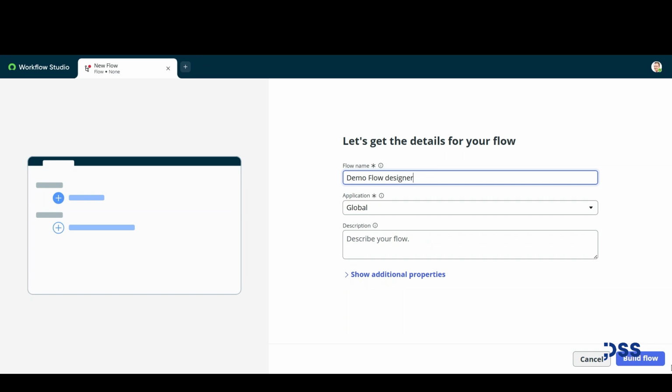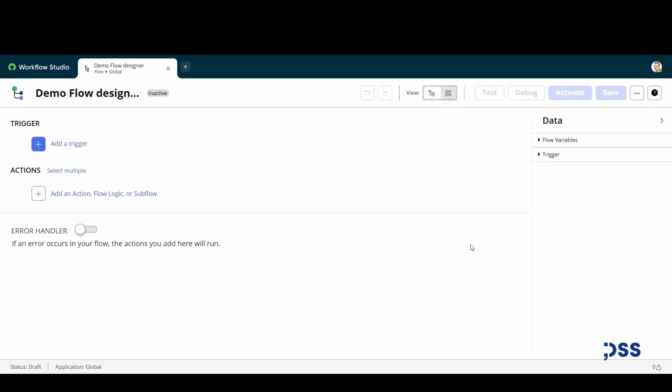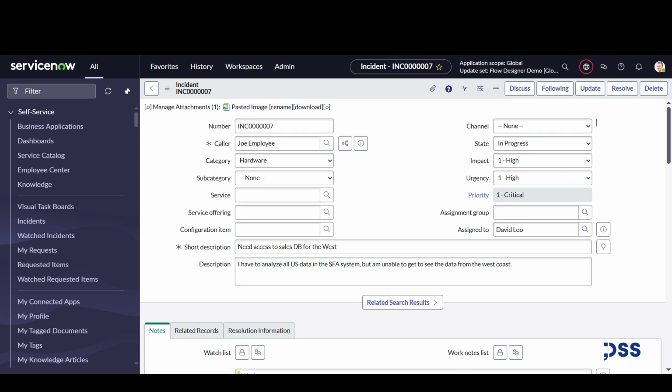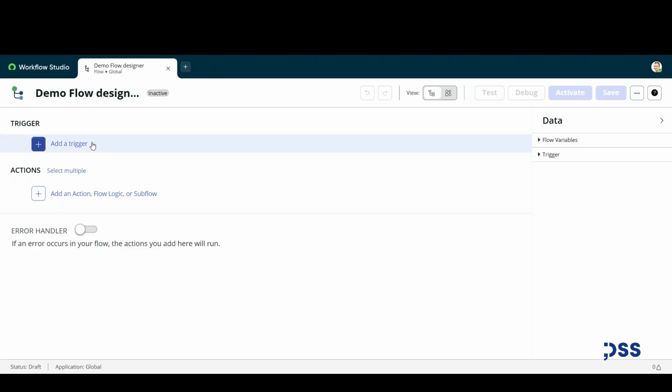Then Flow Designer is the name. Build Flow. So our trigger is going to be an incident like this with category hardware and state that changed to resolved. So as a trigger,